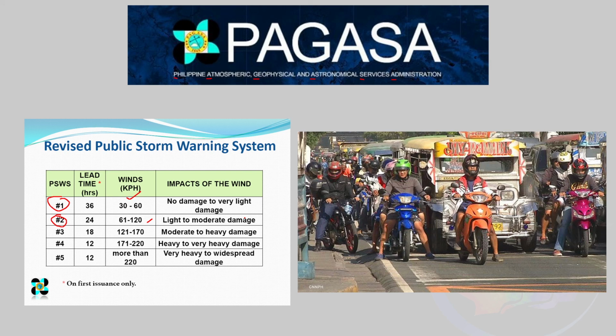They can go as fast as that. Some can go faster. Pero just to give you an idea that when you see motorcycles, jeepneys around you, that's basically how fast they go, especially in an open area. So, ganun yung mga usual speed nila. From 61 to 120 kilometers per hour. So, light to moderate damage, depende. Of course, depending on the build of that area.